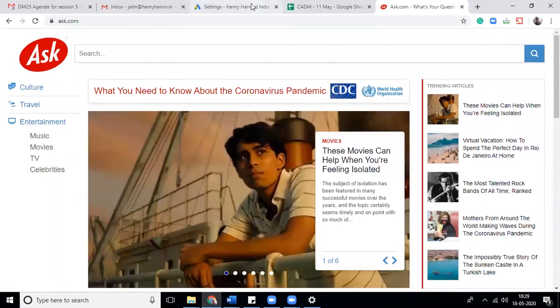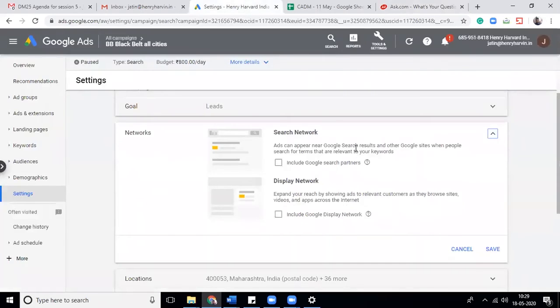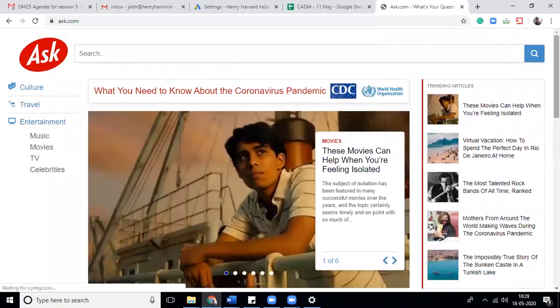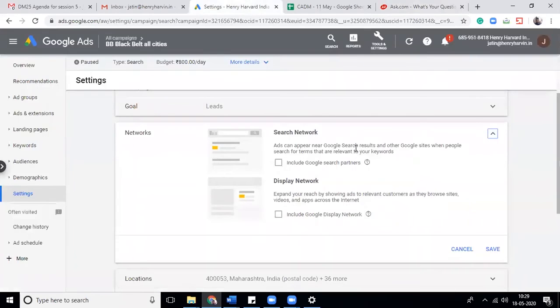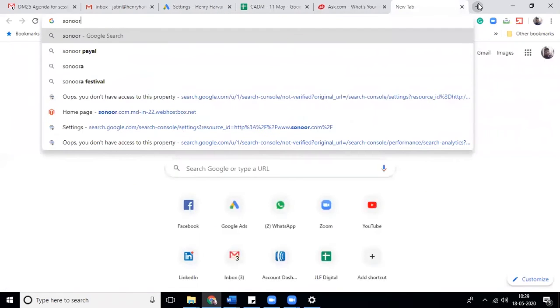They use Google Ads to show ads on their website.